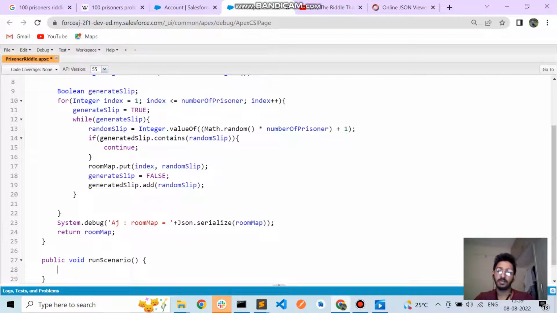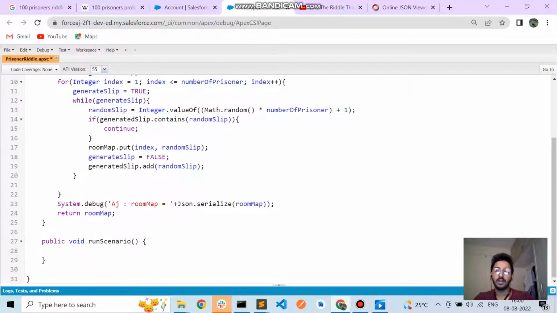Like first prisoner will come, open the box number one, whatever number is there in that box, it will go to that particular box, let's say 50. It will open box number 50, and suppose in box number 50 the number is 75, then it will go to box number 75, and so on, the whole scenario that will be simulated in this